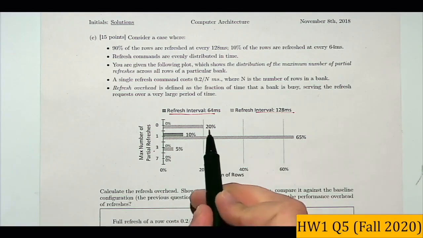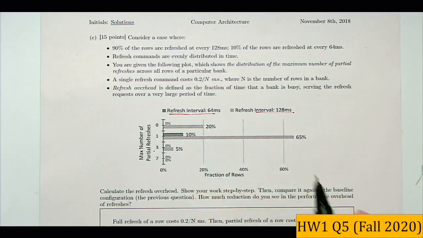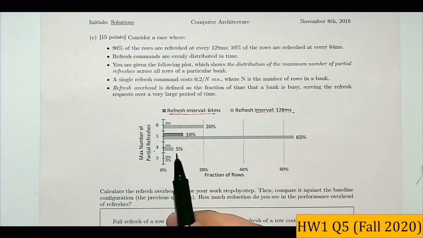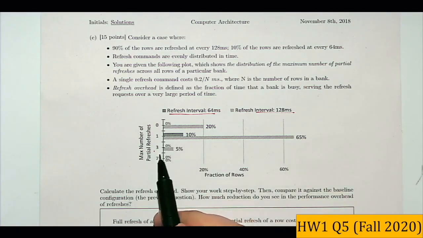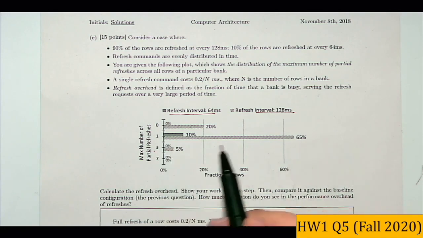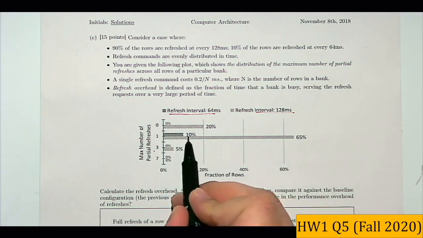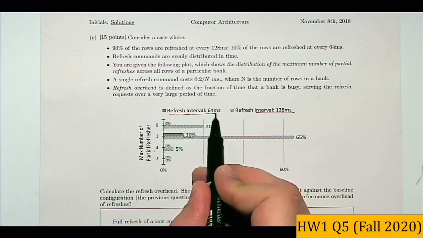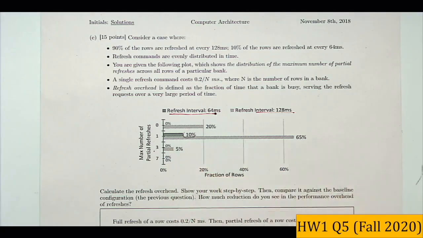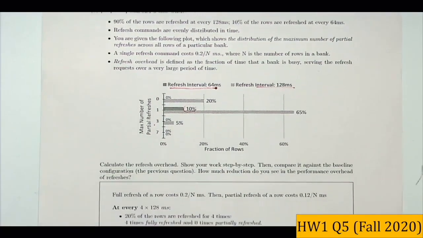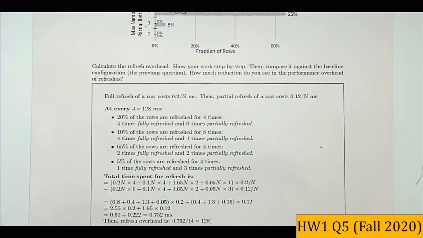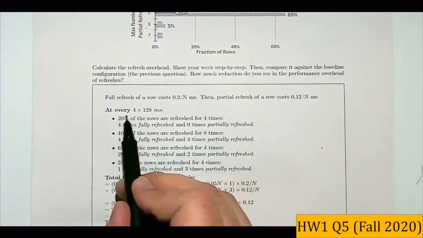And for this 20%, it's always full refresh. And for this one, it's one full refresh, one partial refresh. And for this one, it's 3 partial refreshes and 1 full refresh. And then for the 10% of them, I need to refresh them at every 64 milliseconds. And it should be one full refresh, 1 partial refresh. So just by following the same method, we can see that at every,